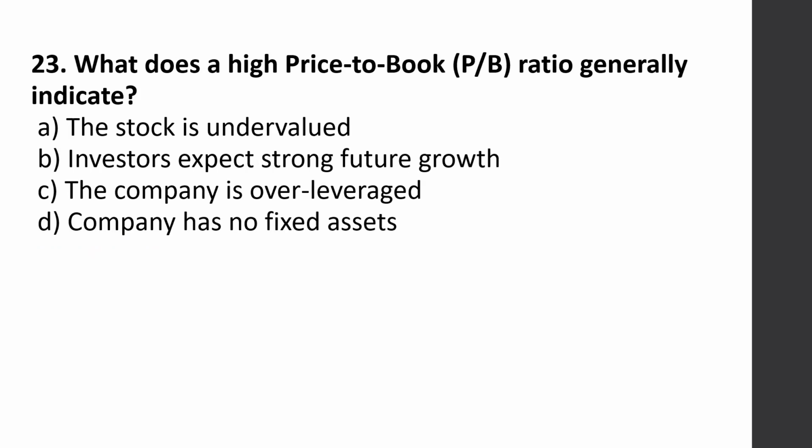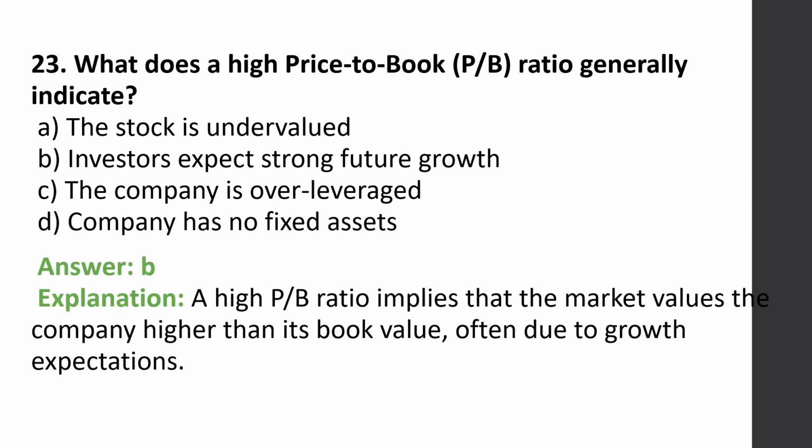Next question. What does a high price to book ratio generally indicate? Option A, the stock is undervalued. Option B, investors expect strong future growth. Option C, the company is over leveraged. And option D, company has no fixed assets. Correct answer is option B. Investors expect strong future growth. A high PB ratio implies that the market values the company higher than its book value, often due to growth